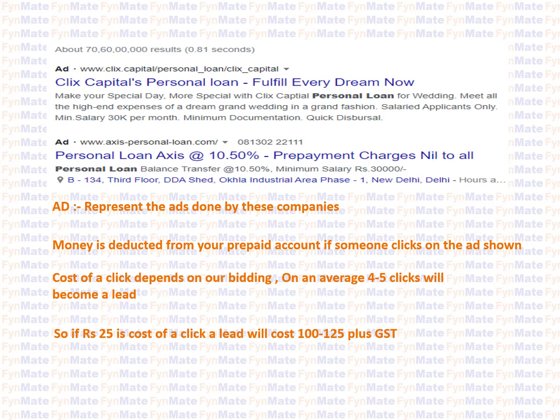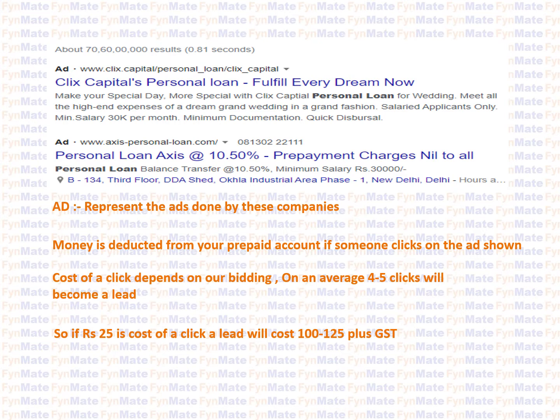Now let's understand how people search. Let's say you want to search for a personal loan. You simply go to Google and say, okay Google, I want a personal loan. Or similarly, you can simply go to your Android phone or iOS and simply type cheapest personal loan. The moment you type that, Google will throw a few results in front of you. And if you carefully see this information, the top four or three names will have Ad written in the corner of it.